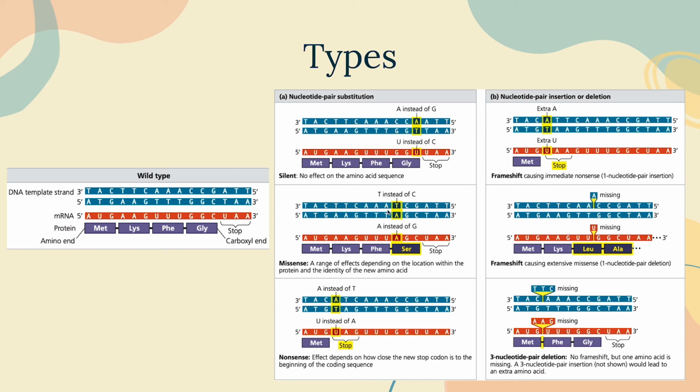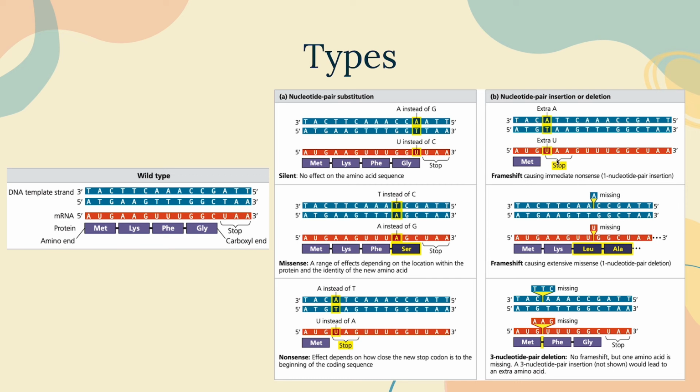But if we had a substitution right here, that does change the codon in a way that changes the amino acid. So we get a serine instead. That is missense. Nonsense is if we had a substitution that just resulted in a stop codon, so we just stop. And then insertions and deletions,